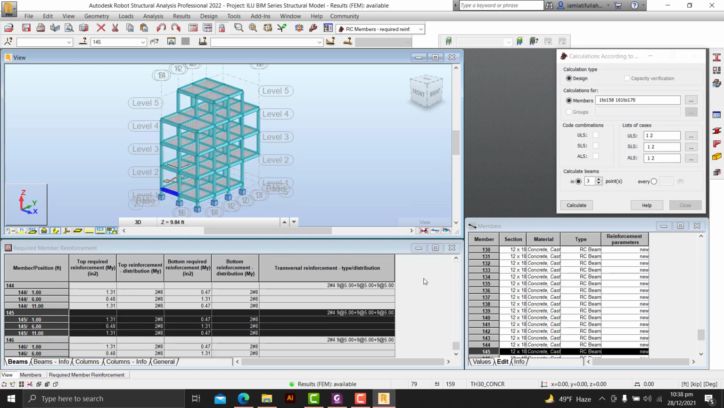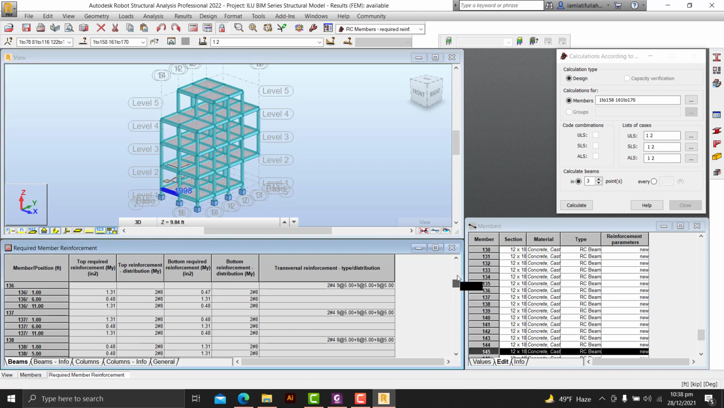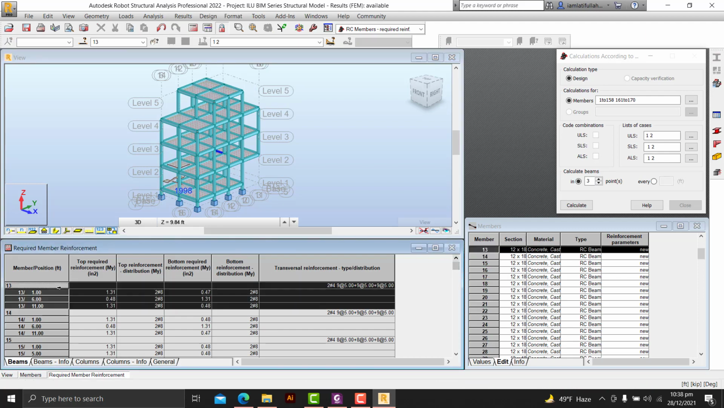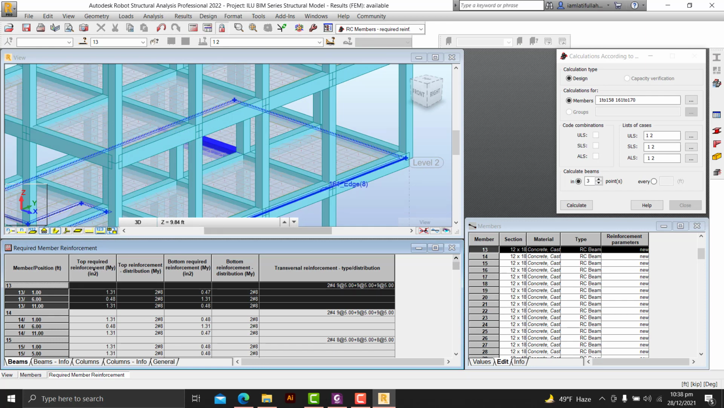So you see this is 145 member which has the problem, and the rest of the members, if you see, all the details are here. You see in the 13, so this is the 13 beam here, and here you see the top required reinforcement according to the moment in y direction, and it is at location 1, 6 and 11. So we have divided the beam in 3 points, so it is giving us the reinforcement for 3, and then